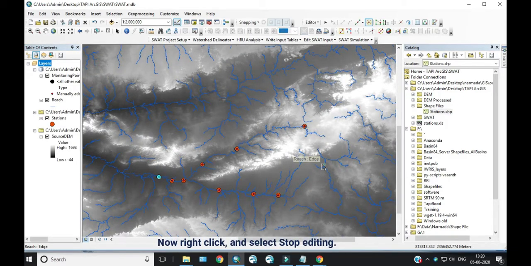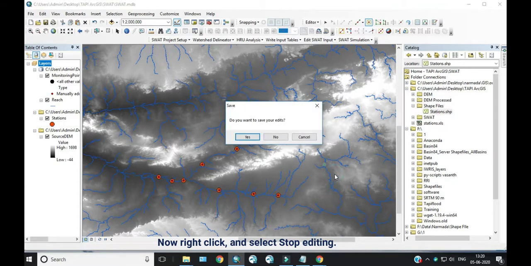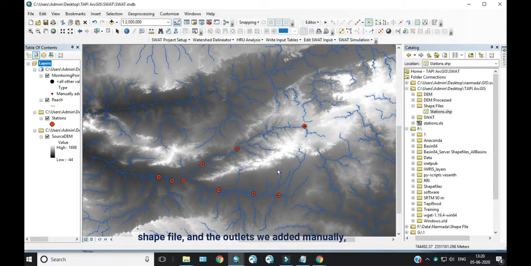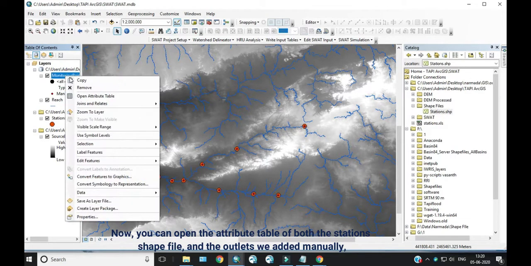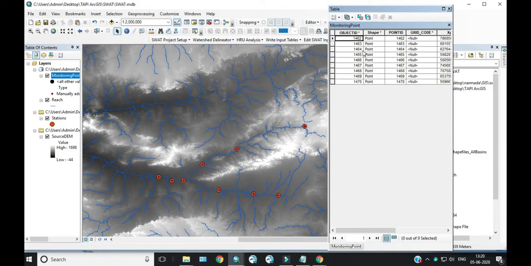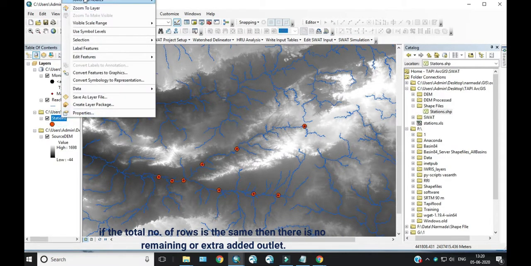Now right click and select stop editing. Now you can open the attribute table of both the station shapefile and the outlets we created manually. If the total number of rows is the same, then there is no remaining or extra added outlet.